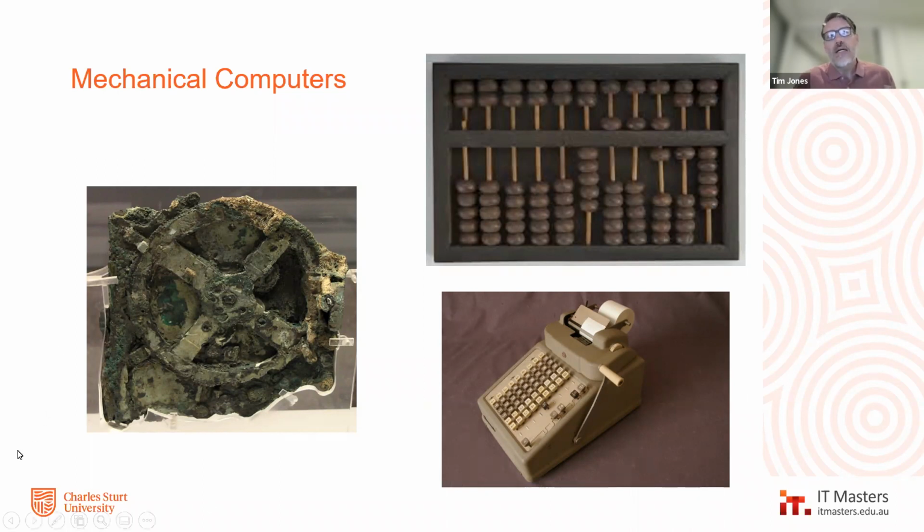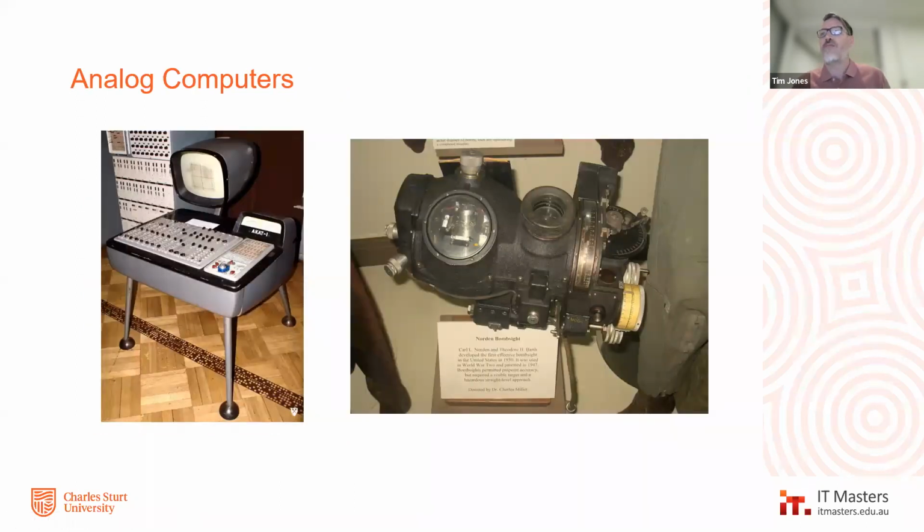Right, so we move on from there into the idea of analog computers, and what we use these for is being able to do more sophisticated work with them. The device on the left is the ACAT1, and so this was a device that was used for doing essentially differential equations, some complicated maths, but this wasn't a computer in the way that we know it. You didn't go through and input ones and zeros or punch cards or anything like that.